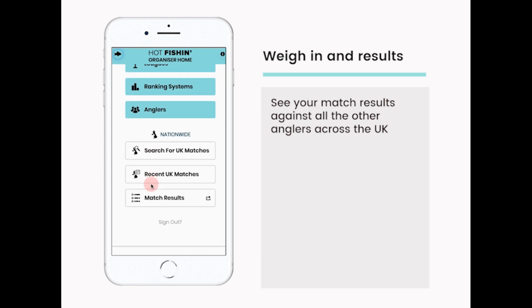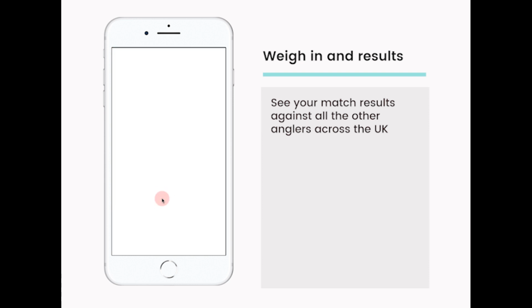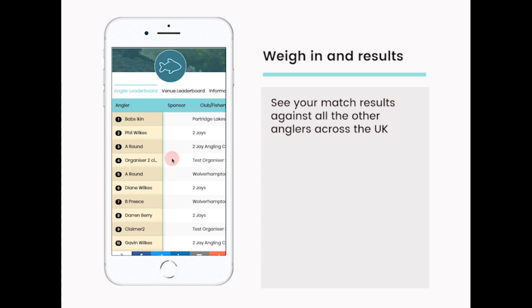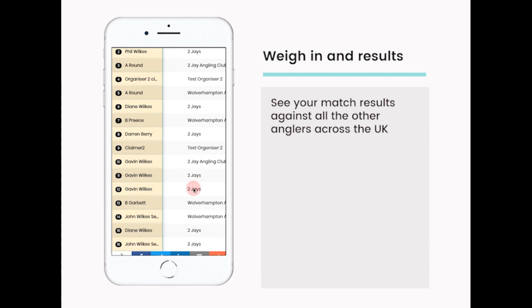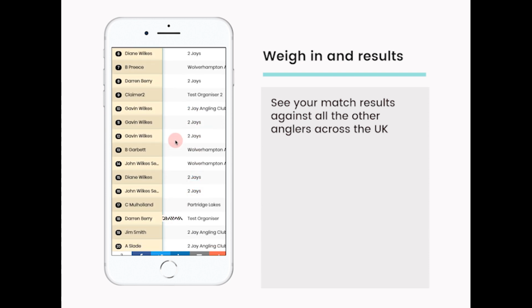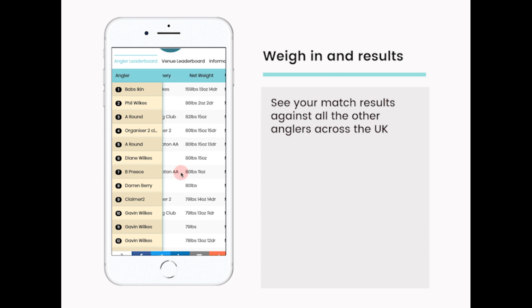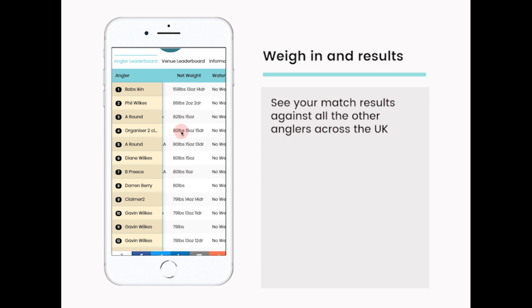So what you do is scroll to the bottom of the home page and click on the button called Match Results. When you click on Match Results, it will open up a new page, and what we have here is the angler leaderboard. We have the angler listed in this column here. If that angler is sponsored, they can add it in here. It will show the club or fishery that they're part of. It will show their net weight,